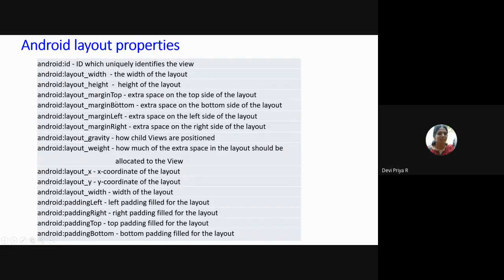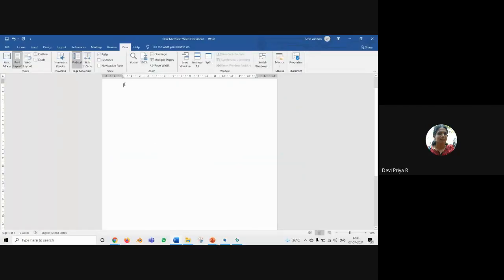Right. Okay, sir. Whereas, suppose this is your layout. Now you are going to place your layout in your entire phone. Consider this is your entire phone. So the entire gray size is your phone, and within that phone, this is your layout that is actually being created. That means this is your entire phone screen.